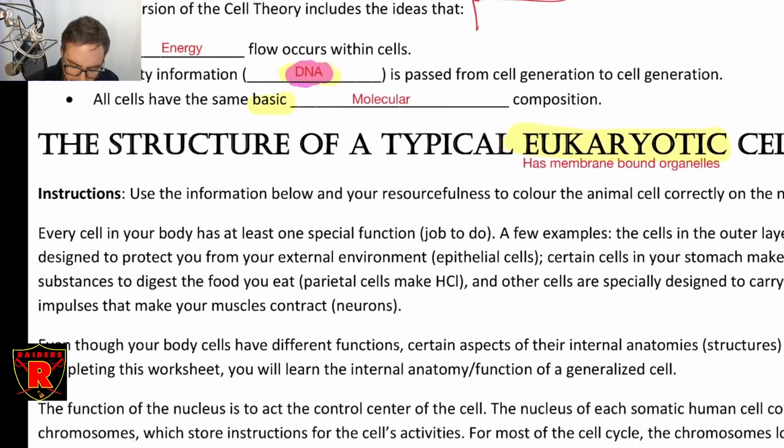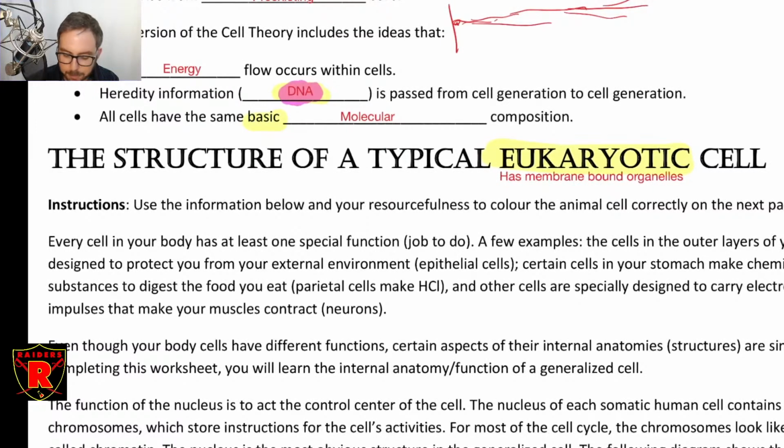And the last point here is that cells have the same basic molecular composition. We're going to get into this in the digestion part of the animal systems unit as well, because we're going to look at where you get all of the different parts that you need to build cells from your food that you eat. But they have the same basic molecular composition. I mentioned DNA already. They all have RNA. They all use fats to build their cell membranes. They all have certain enzymes that are responsible for zipping and unzipping DNA, for reading and writing RNA.